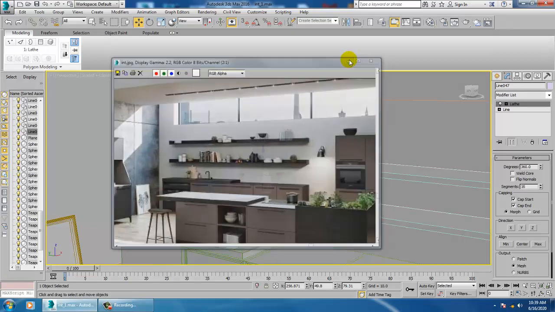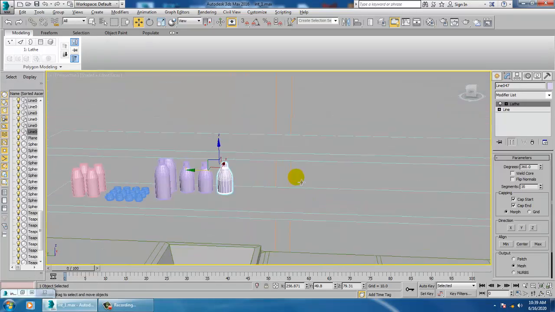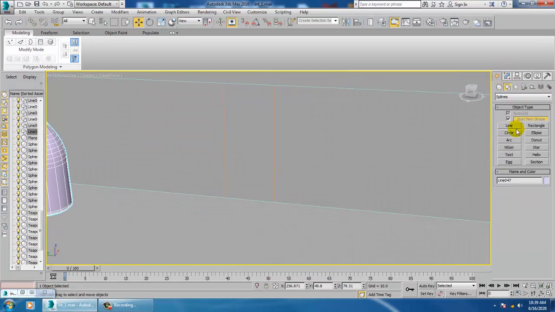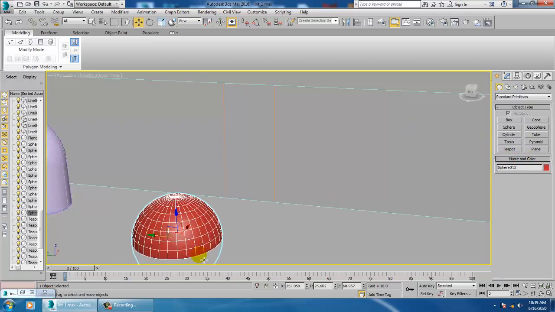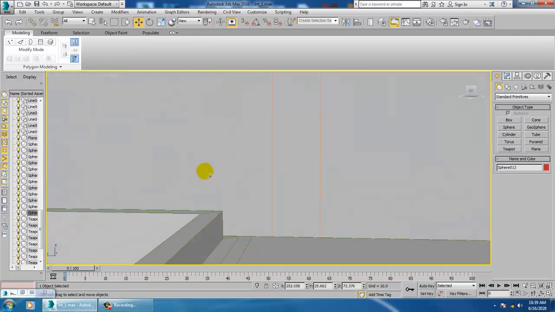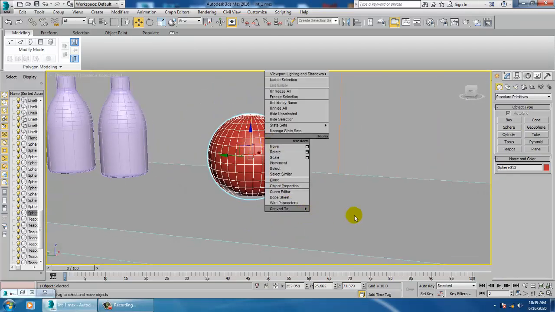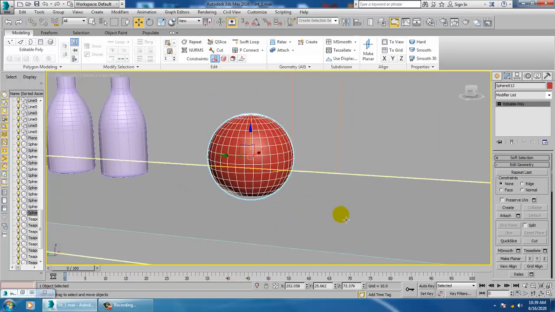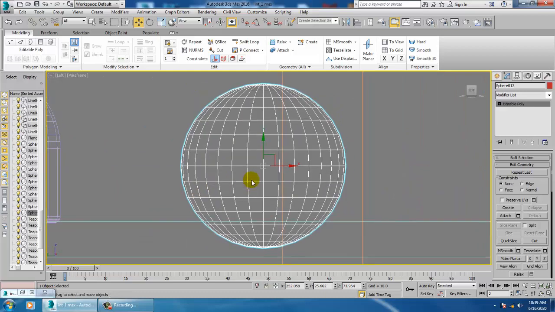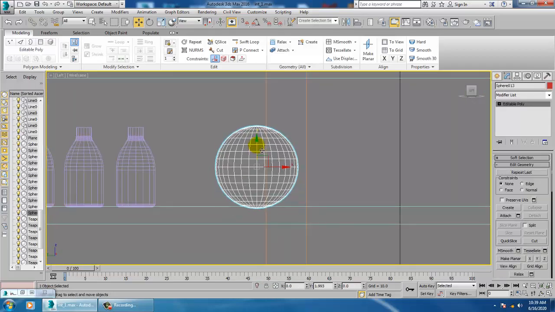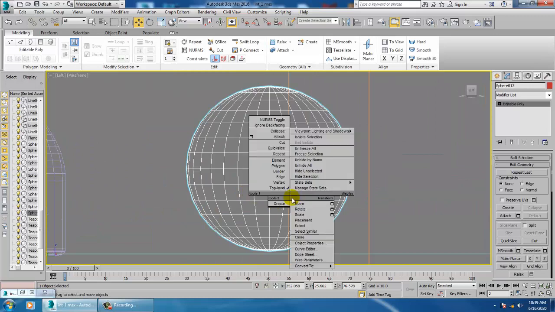You can create some plates on the top. For creation of the plates, I can use either a cylinder or a sphere. If I take a sphere and convert to editable poly, scale this sphere, convert to poly.